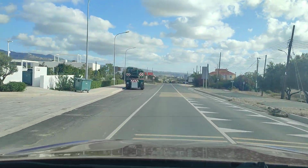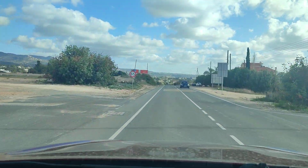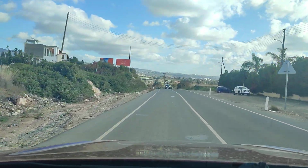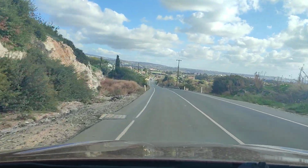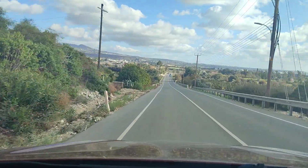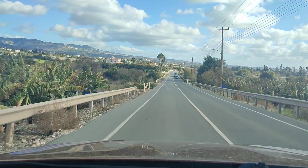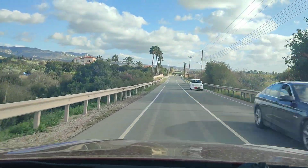Downtown Paphos, well, Midtown Paphos actually, that's where we are, and this is the main road. This road takes you all the way through the Paphos area, all the way to downtown Kissonerga, through to Chlorakas, and then you will slowly but surely end up in downtown Paphos. And you'll go past the Paphos Mall, get to the Paphos Mall roundabout, take a right, and very, very quickly you'll be in the downtown Kato Paphos Promenade and Harbour area, which is the most popular place with people